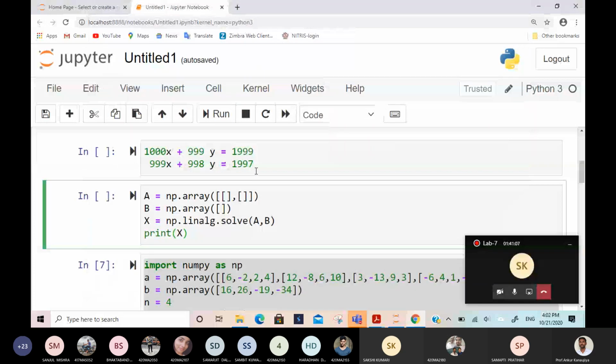It is a very simple 2 cross 2 matrix, and you know how to solve it. You can use any method. You can find the inverse. You can do the elimination method. You can find x from one equation, the substitution method, and cross multiplication also. All methods will give the same answer.